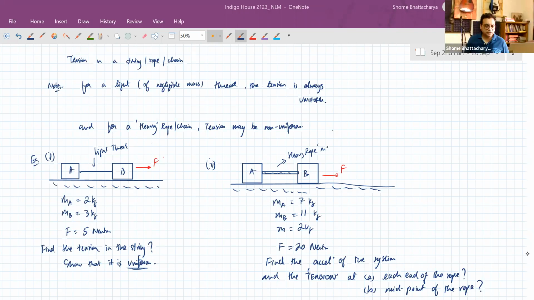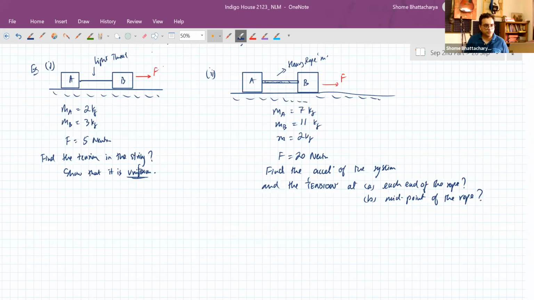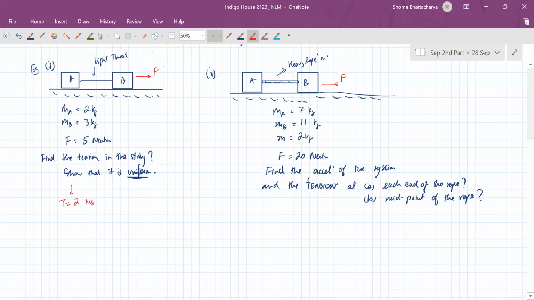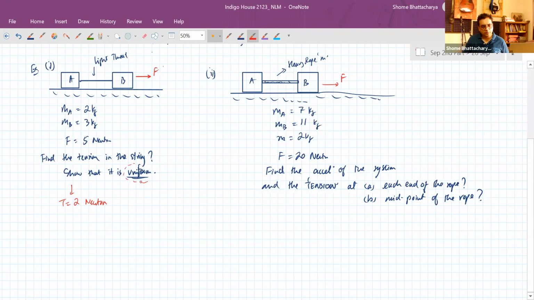Okay, so anybody else apart from Jitesh who has got the answer for the first part? Here you should be getting the tension in the string as 2 newtons. I'll show you how to prove that it is uniform, but for the first part, the tension will come out to be this much. Now in this case, if the tension at this end is TA and the tension at this end is TB,